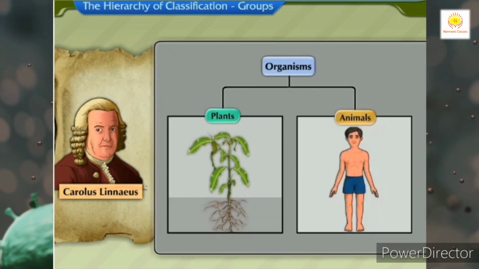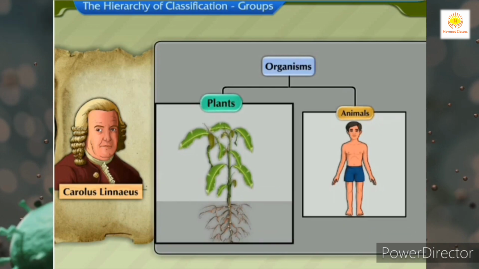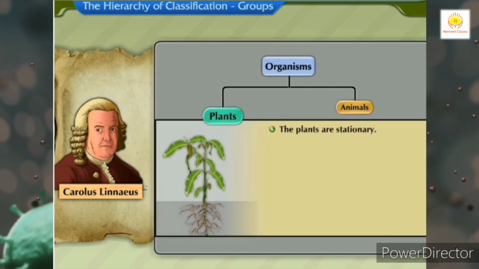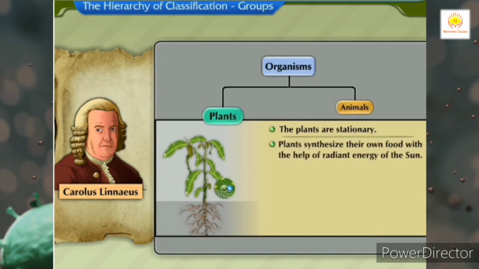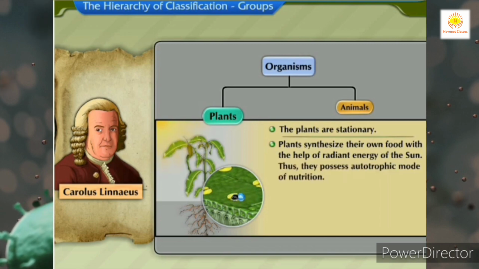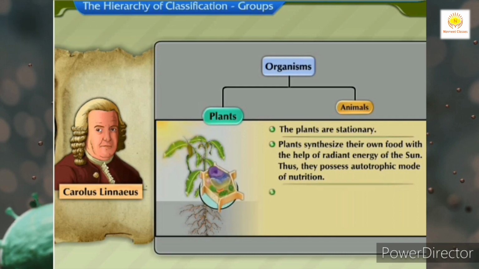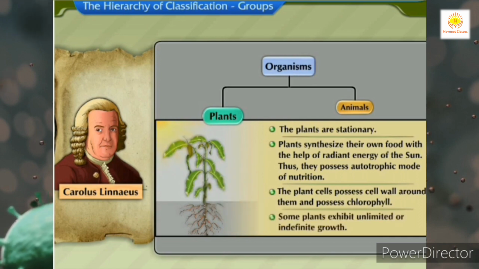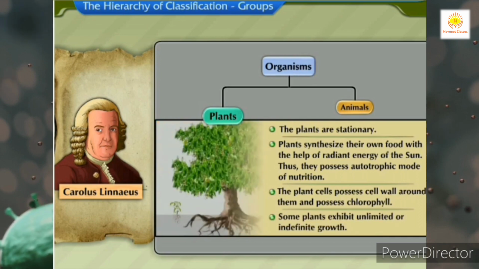The difference between plants and animals can be clearly seen. The plants are stationary. They synthesize their own food with the help of radiant energy of the sun. Thus, they possess autotrophic mode of nutrition. The plant cells possess cell wall around them and they possess chlorophyll. Some plants exhibit unlimited or indefinite growth,